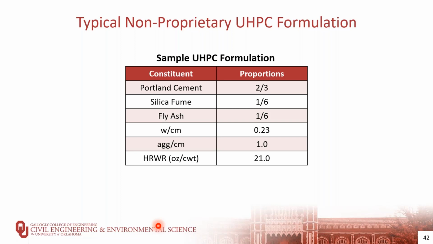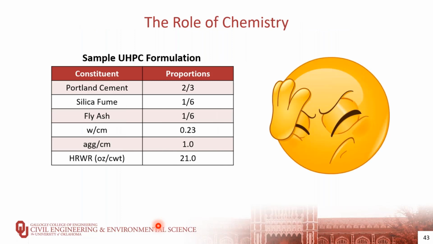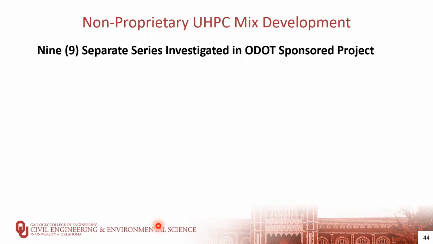But it's very difficult to just take a mix design and use it without doing any adjustment for specific materials, because different fly ashes, different slag cements may react differently with the cement that's available in a given place, and may not give the same performance that you saw in another region of the country. So it's very important to at least do trial batches to ensure that the materials are going to work well together as anticipated. So at OU, for developing the non-proprietary UHPC mix that we developed here, we looked at 9